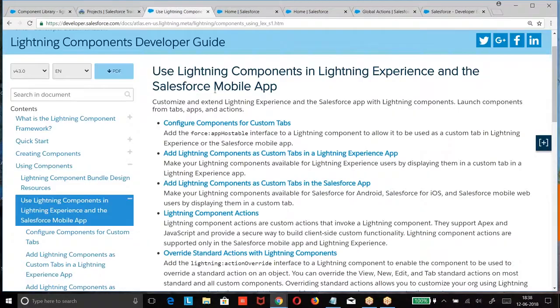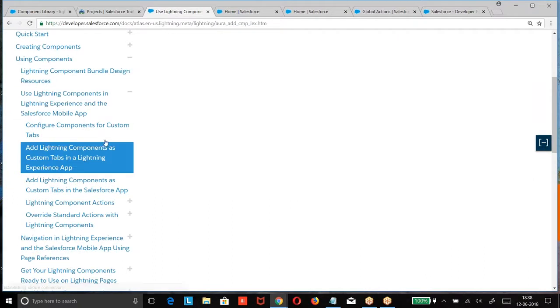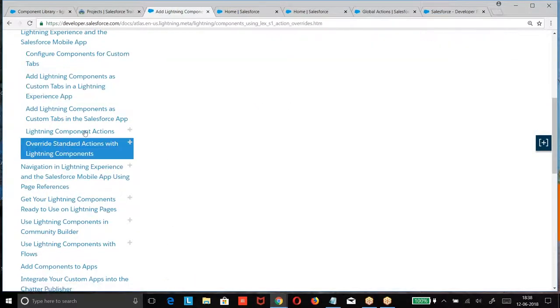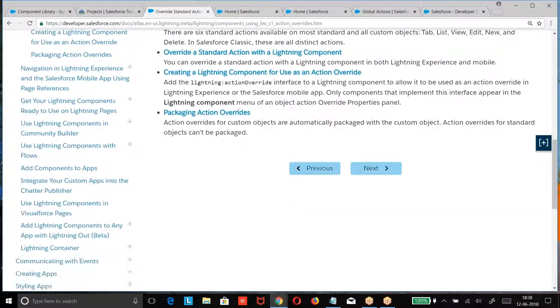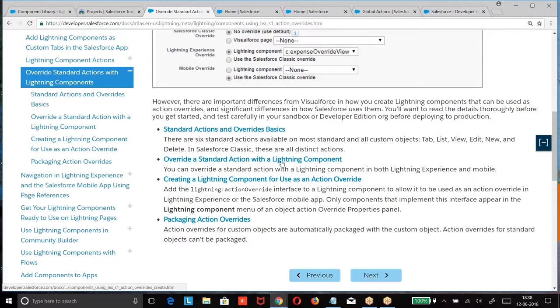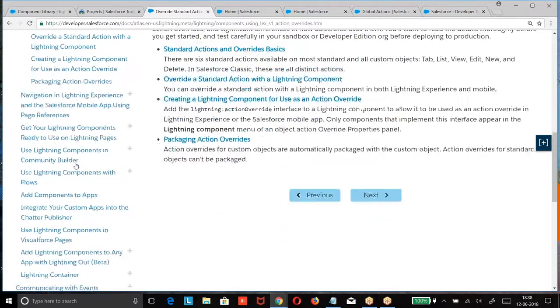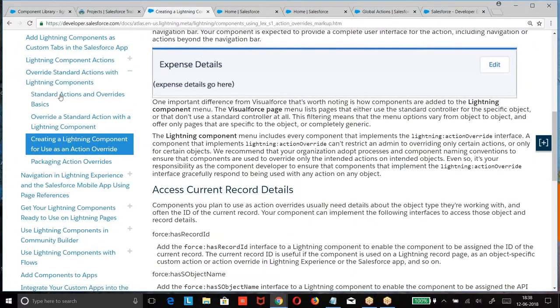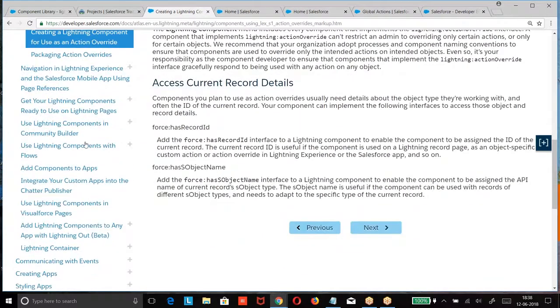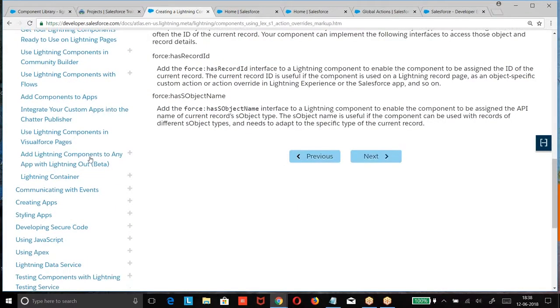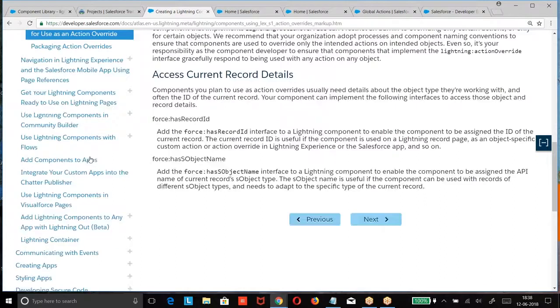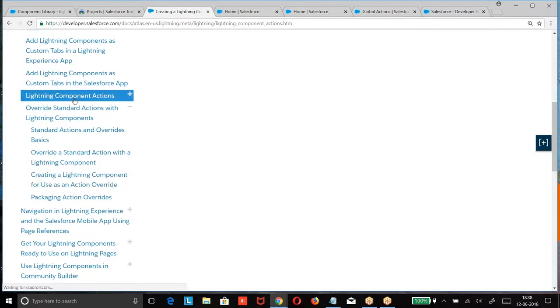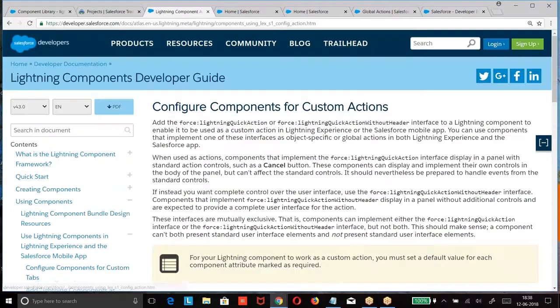So, we are going to go for an object-specific action.